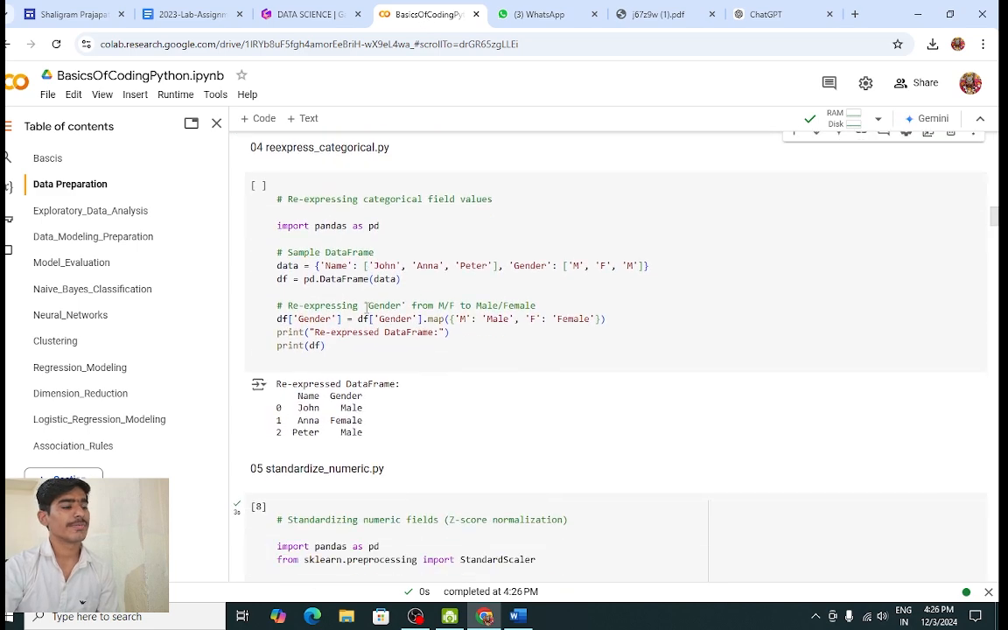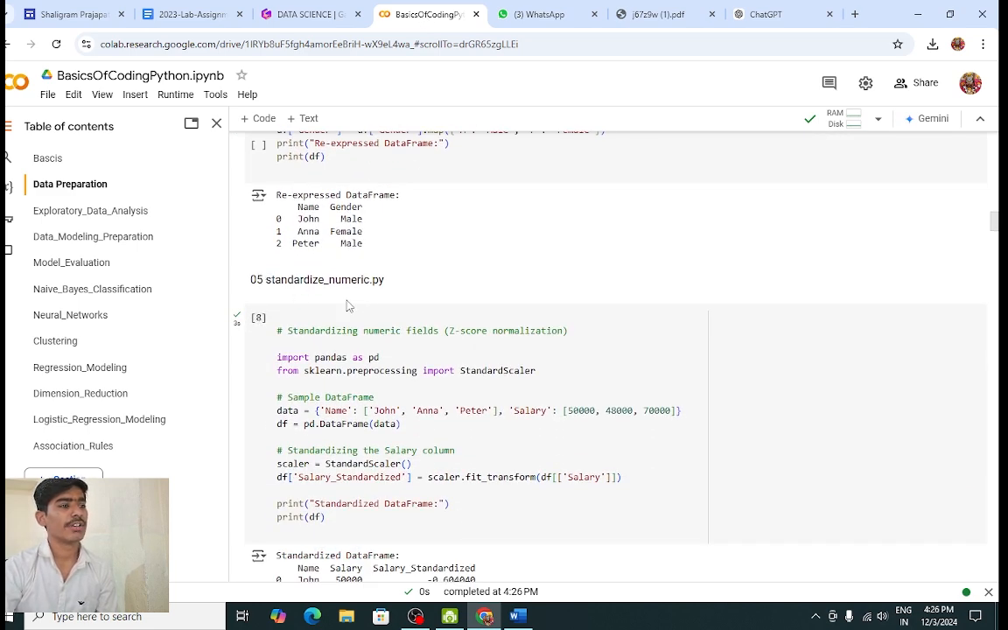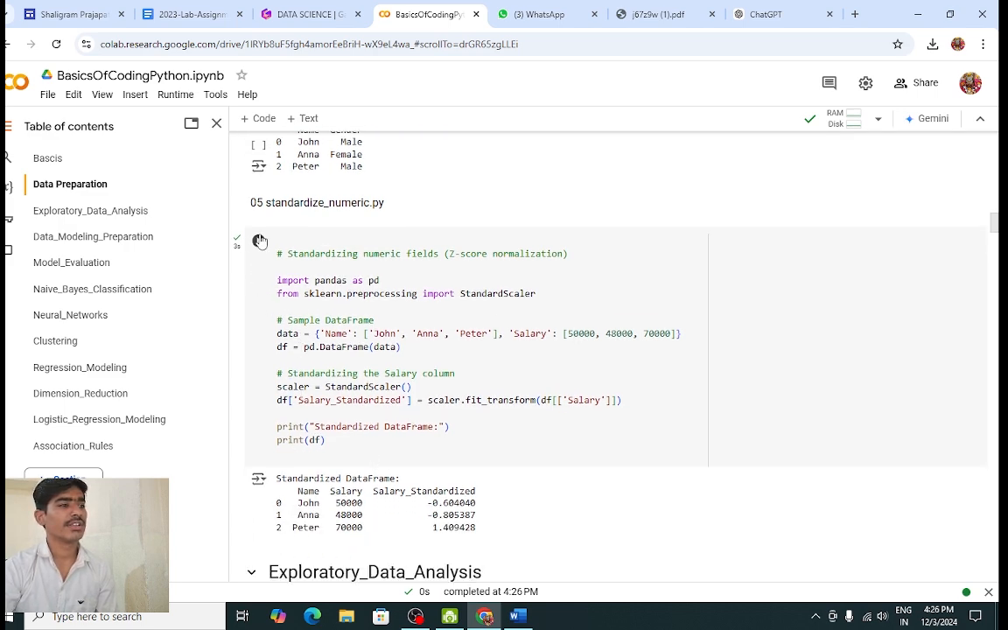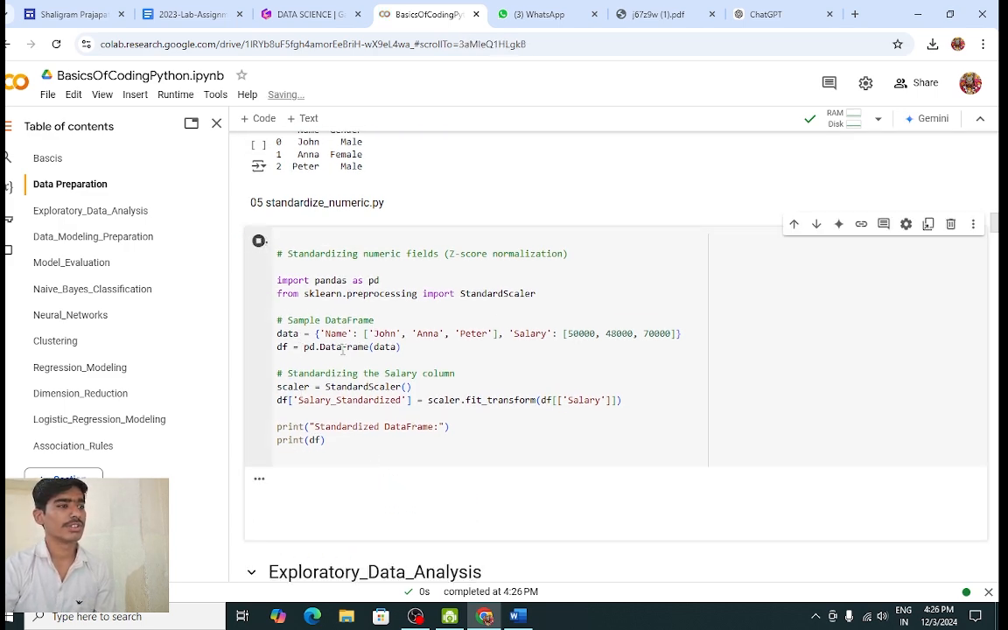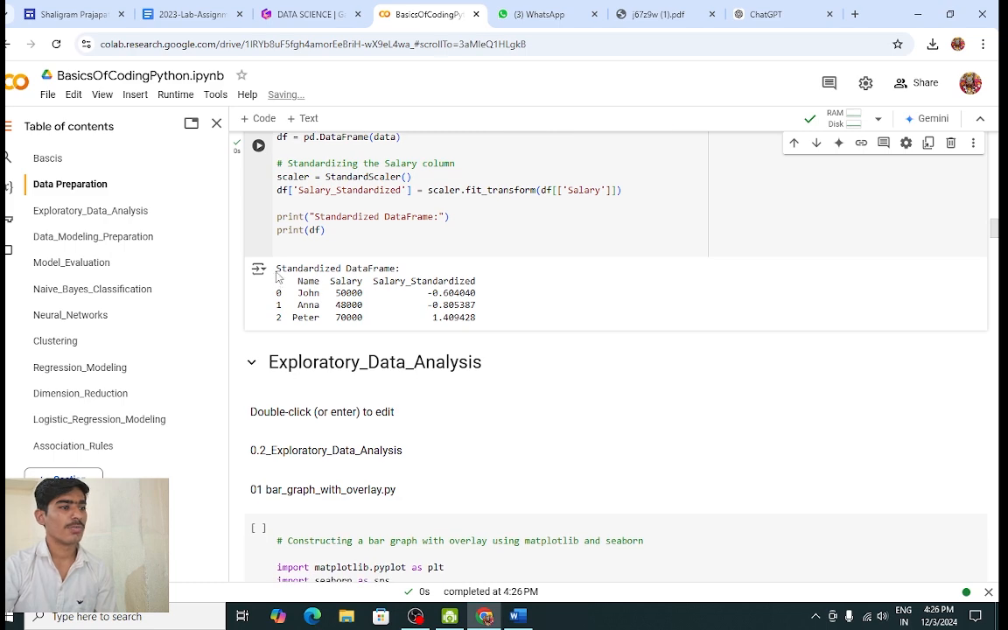And the next is the standardized numeric field in Python. Standardized numeric field. First of all, import pandas as pd, from sklearn.preprocessing import StandardScaler. These are the data. Let's run this code. These are the output of this